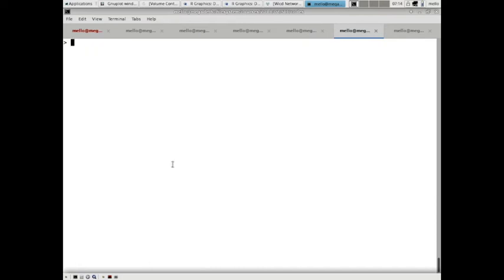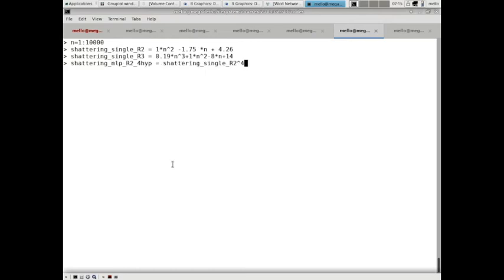So if I have like a greater sample, let's say I have a sample with 10,000 examples. And again, I have to compute the shattering coefficient. Let's compute, because now it changed the sample size. So let's get back. Yeah, this is this for the single. This is for R2 and that's gonna be for R3. Okay, so now we compute the shattering coefficient for the multilayer perceptron in R2, right, with 4 hyperplanes, and now we can finally compute the upper bounds. Oh yeah, they're here. The upper bound we have for the multilayer perceptron in R2 with 4 hyperplanes, and the upper bound we have, let's get back,